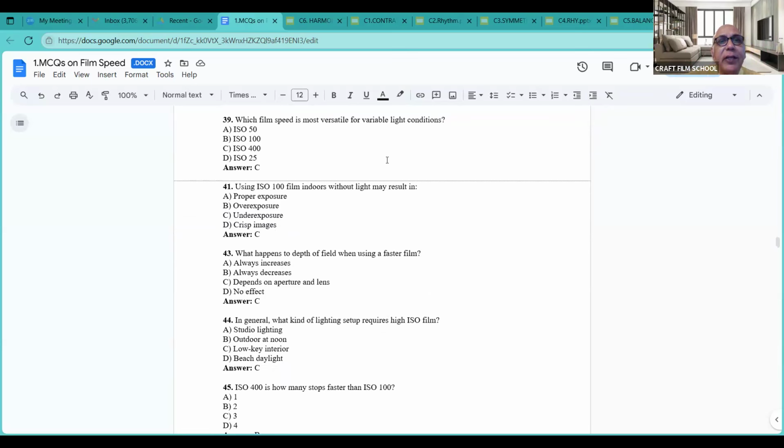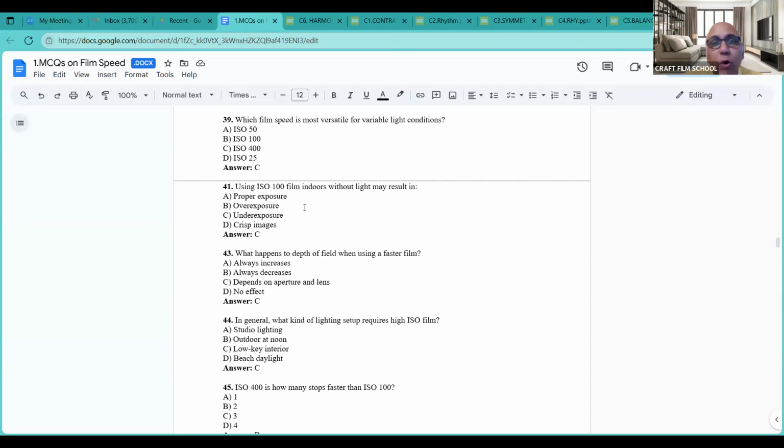Which film speed is most versatile for variable light condition is another tricky question. Why do you need a zoom lens? So that you don't have to change the lenses again and again. Mainly. So if the light condition is fluctuating, then you need the film which can accommodate the brightest one as well as the little darker area. So which means